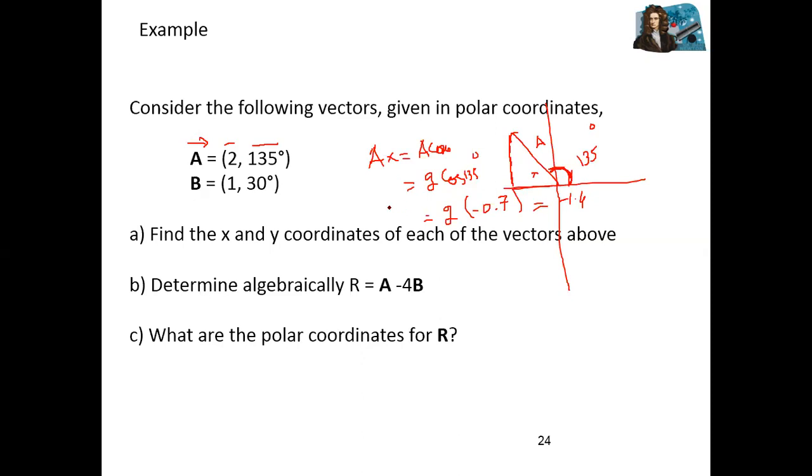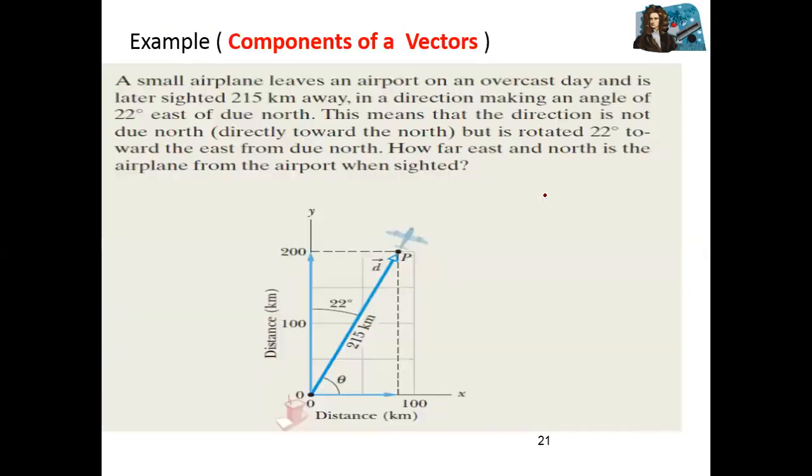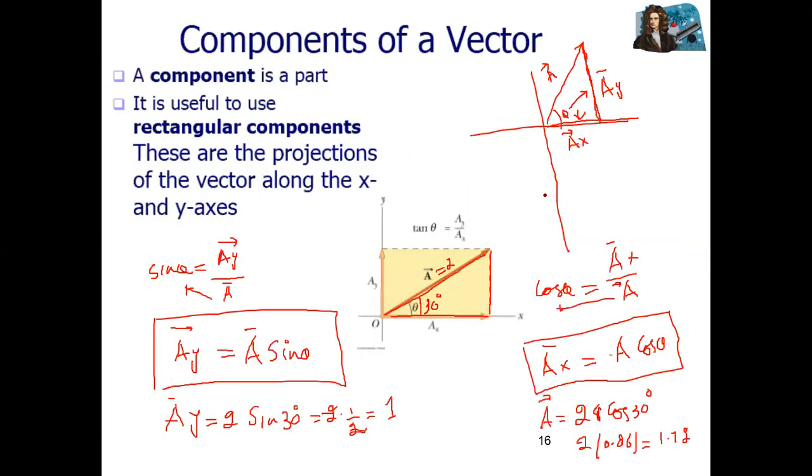So you can see here, AX is equal to what? AX is equal to minus 1.4. Why minus 1.4? Because it is in the second quadrant, and in the second quadrant the value of x is minus. In the first quadrant the value of x is plus. Correct? So we receive minus, AX equal to minus 1.4. Same, you can find the y component. AY is equal to A sine theta. Okay, these are the horizontal and vertical components.